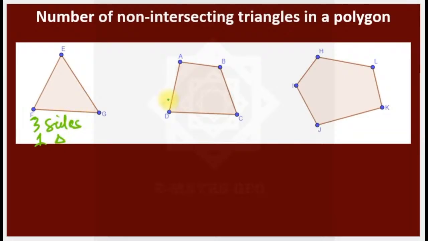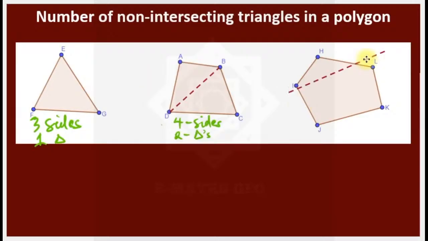But looking at this, let's join vertex B and D. We now form 2 triangles. So we have 4 sides. How many triangles? Two non-intersecting triangles. So looking at the last one, before we get a general formula for that,